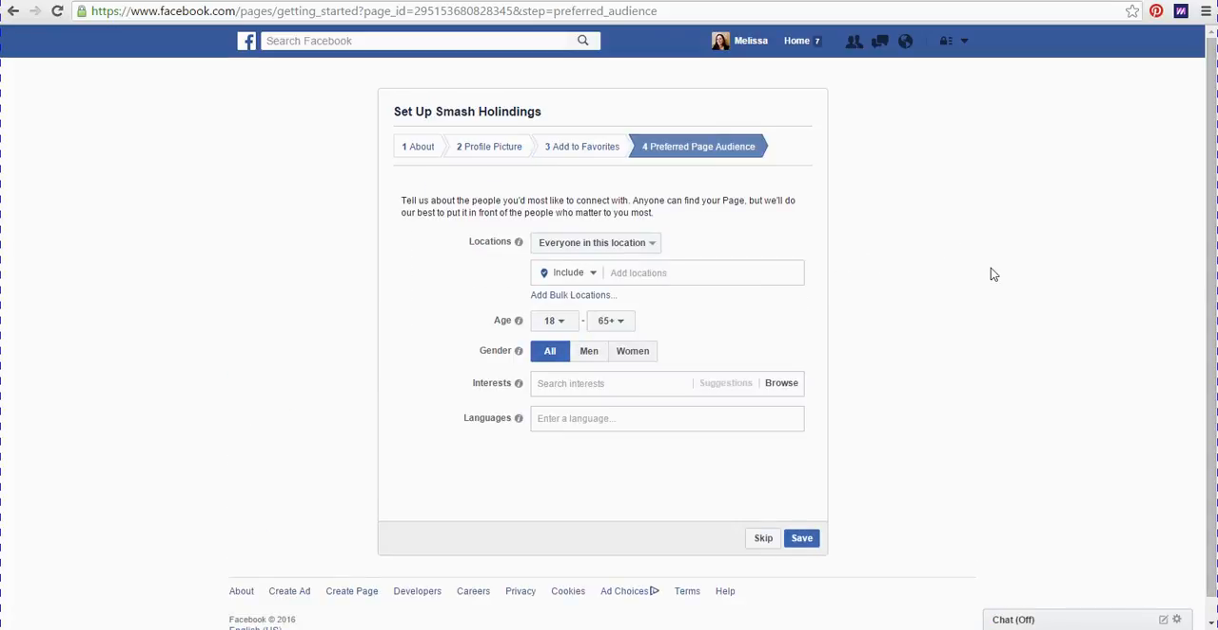And last but not least, a newer addition to Facebook is the ability to add a preferred audience. So you can tell us about the people you'd most like to connect with. Anyone can find your page, but they'll do their best to put it in front of people who matter to you most. So this is typically helpful when people are searching for groups or for pages or information, and you'll often see on the right-hand side or sometimes in the feed